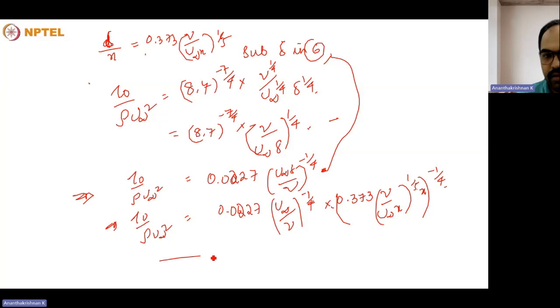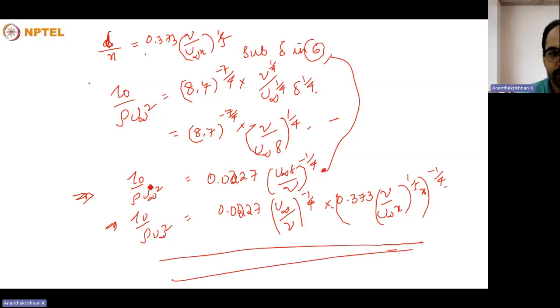So this will be the final value of the skin friction coefficient. If you have to represent it in terms of the pure form, that will be tau 0 divided by half rho u infinity squared. You have to divide both the left side and the right side by half. So basically, we have to multiply this quantity by 2 to get the actual value of the skin friction coefficient in terms of